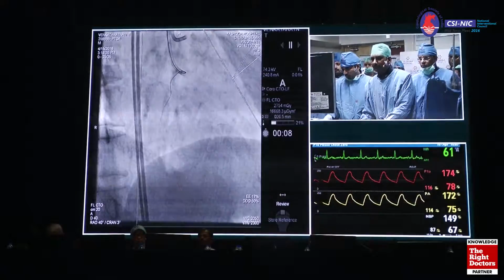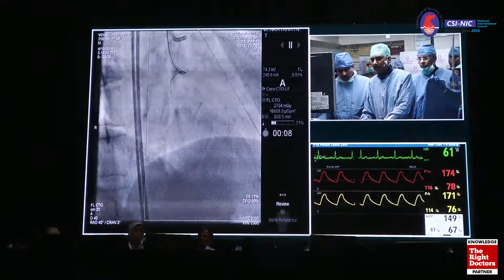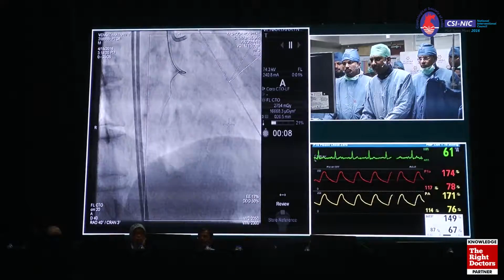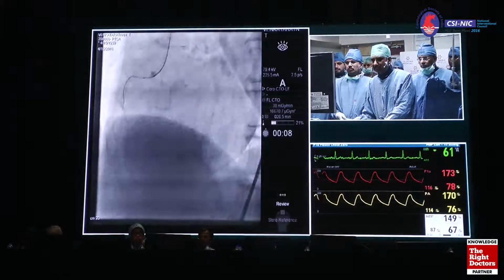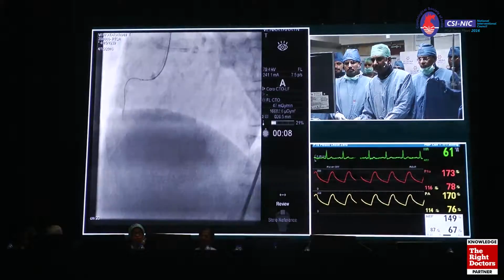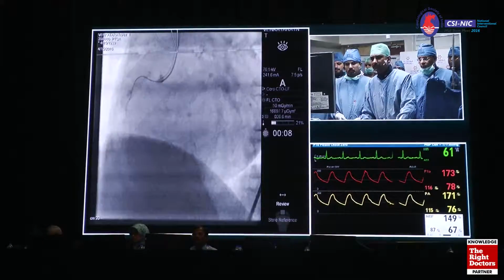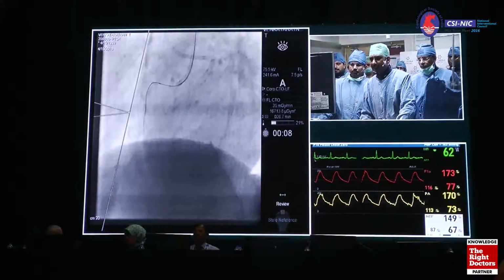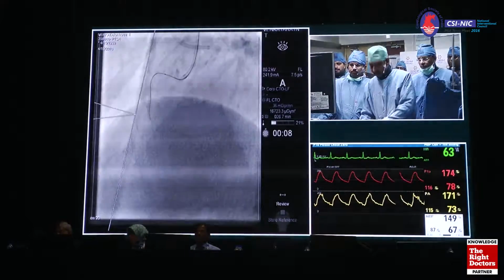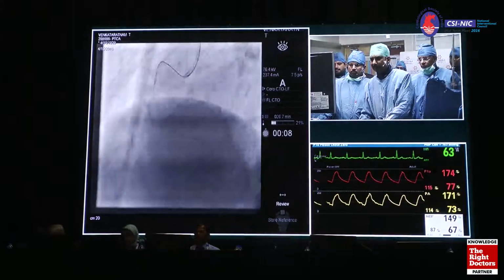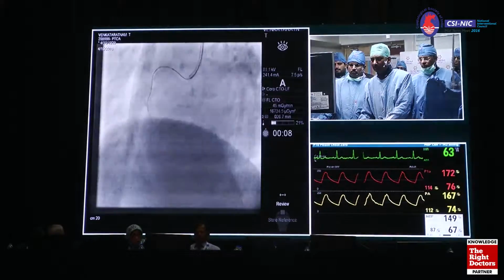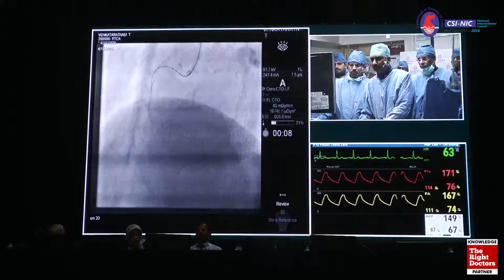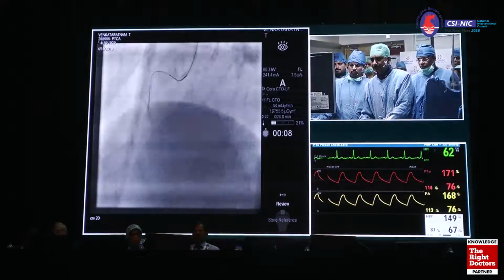We've taken the JR4 deliberately so that we can use an anchor balloon because of the heavy calcification in the ostium. But we are going to change the guide cath now. You can see that we're not able to push the Fine Cross catheter. It is backing up the system, and we need good backup here to cross the wire distally all the way through the CTO segment. But we have nearly crossed it, and if it's short of time, we'll carry on and maybe show you the final shot at some later point. Okay.